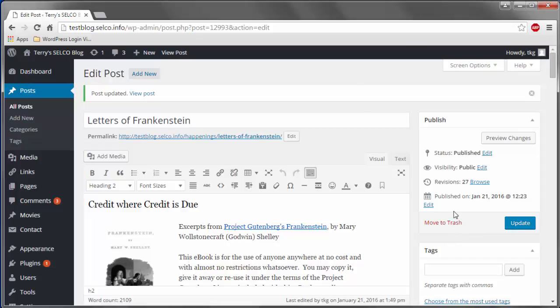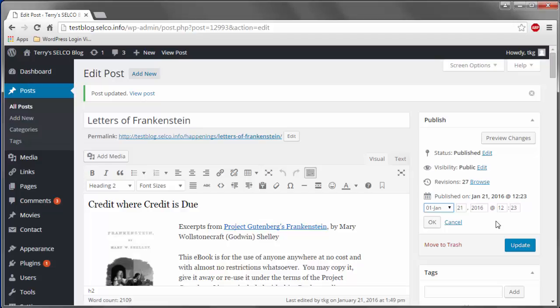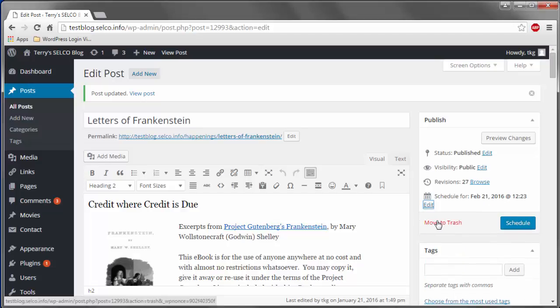Now there's an interesting thing also. If you want to, you can publish a post, you can backdate a post, or you can schedule a post. So let's say that we want to publish this post next month. Notice that since the date we entered in here was in the future, our update button became a schedule button. So once I hit schedule